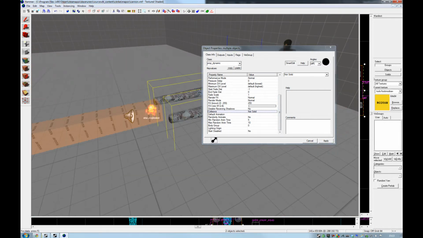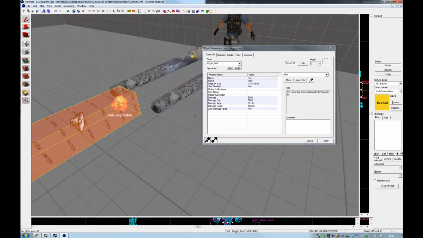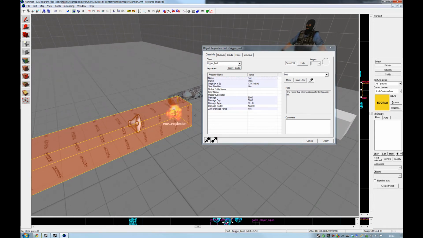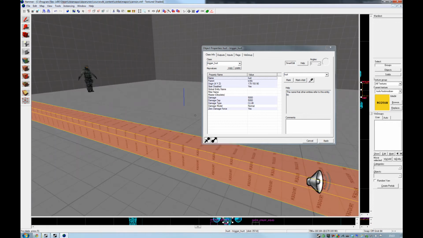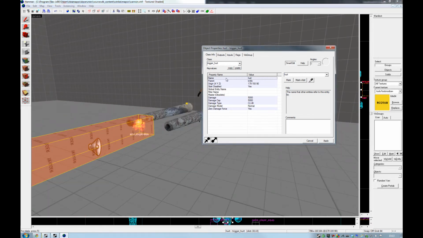The method I've used, you can use like laser or beam or whatever, but I just found this more efficient and controllable, and it was a little more stable and actually worked for me. So you've got a trigger hurt, which is basically a brush, and you can put that in using the brush over here. Set it to the size you want, and then again bring up your properties and assign whatever amount